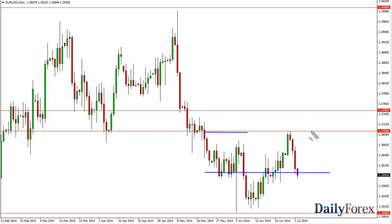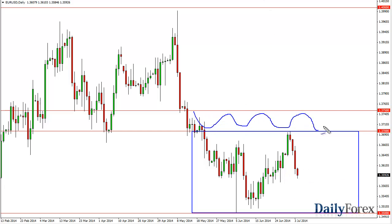I look at this as a marketplace that has a couple essential levels that you need to pay attention to right now. I think that the level 136 is important because it is the middle of the entire consolidation. The outer levels, as I'm drawing with a couple different lines at each place, we'll go ahead and use a box instead. You can see that this is the area that we've been kind of trending in. I think that there's a zone that extends all the way to 137.50, so the upside is going to be